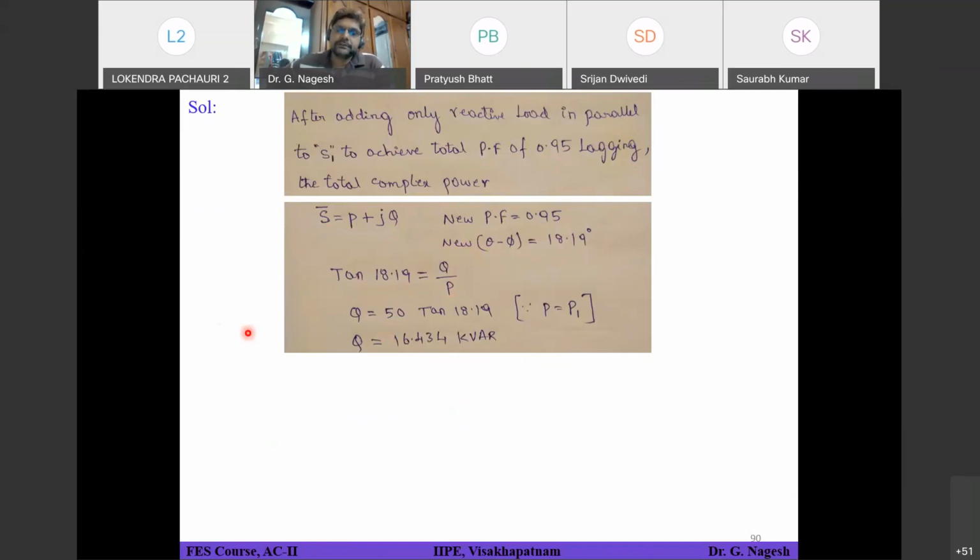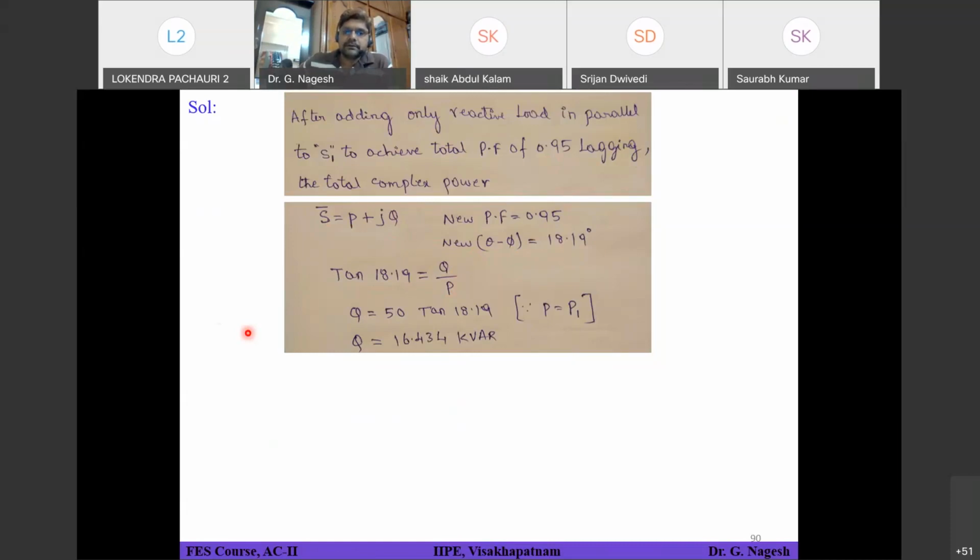Did everyone understand this? Yes, sir. Okay, so it's the same thing. If you understood the first step, you should understand this second step also. The only thing is the phase angle is changing. That is one thing you have to remember. And the real power consumed by the second load is going to be 0. So for the total power, P remains the same, which is P equals P1. From that, you can calculate the reactive power Q. This is the total reactive power Q to achieve our objective of 0.95 lagging.